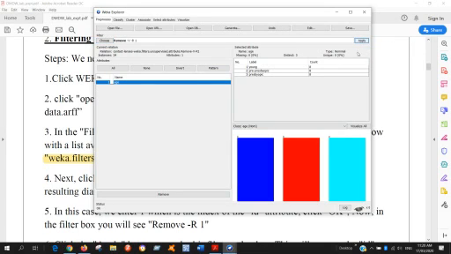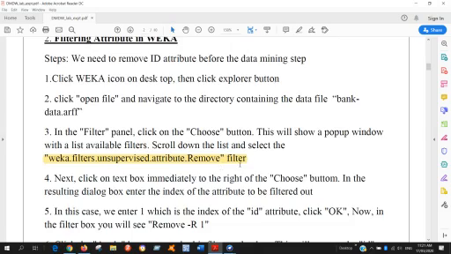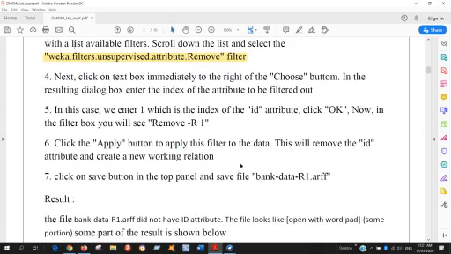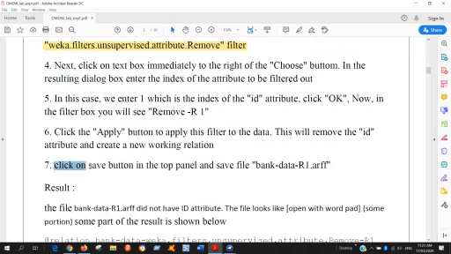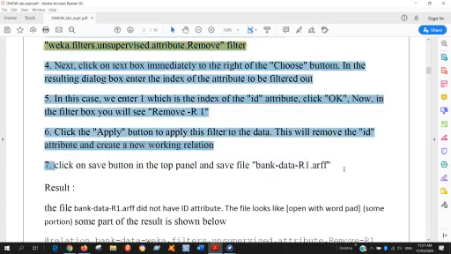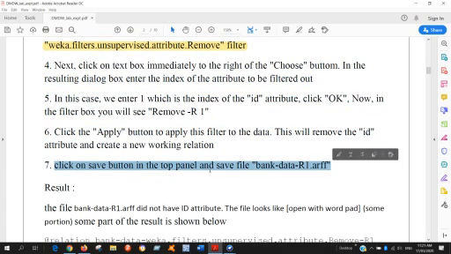Yeah, see now your filter was applied. So only one attribute we are using here because we choose only one attribute, right? So for these attributes we are using the 3 labels. Okay, so now your remove filter was applied. After that what you want to do is you want to show the result, right? So for showing the result you can click on the save button, save as another file.